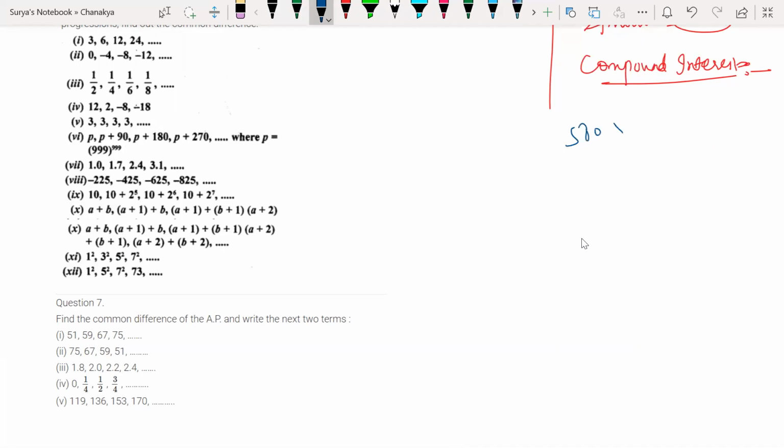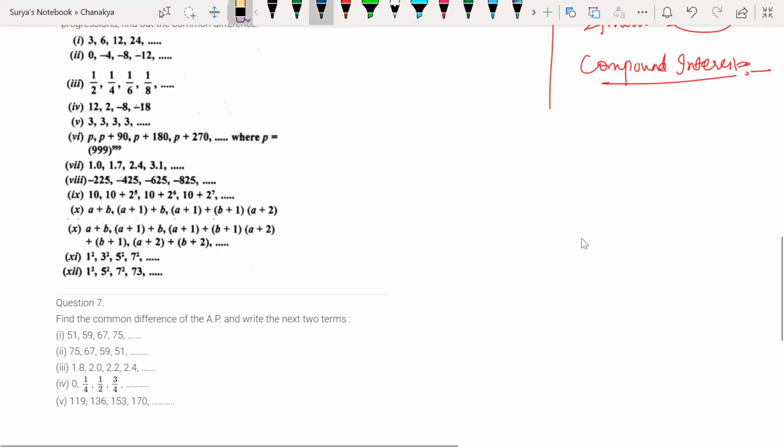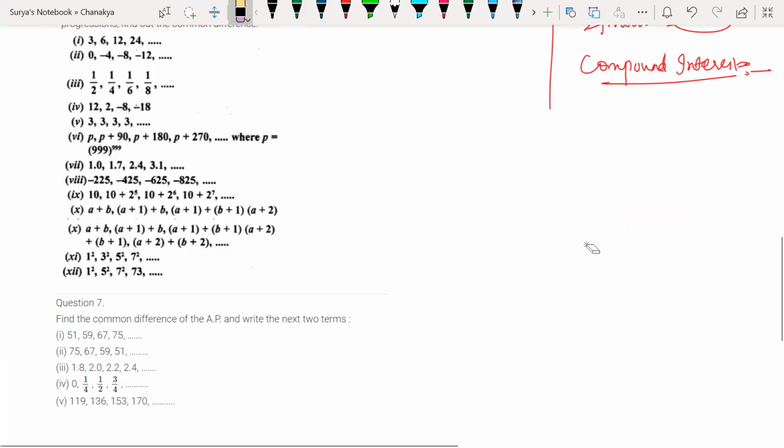So 500, 10 by 3 you will be getting, 3.3 something you will be getting. See here, no, it is not like that. Rate of interest would be same. There is no change at all. There is nothing like you have to pay with 4% of interest. There is no change in rate of interest, Anudip. Same rate of interest, but your principal amount is going to change.